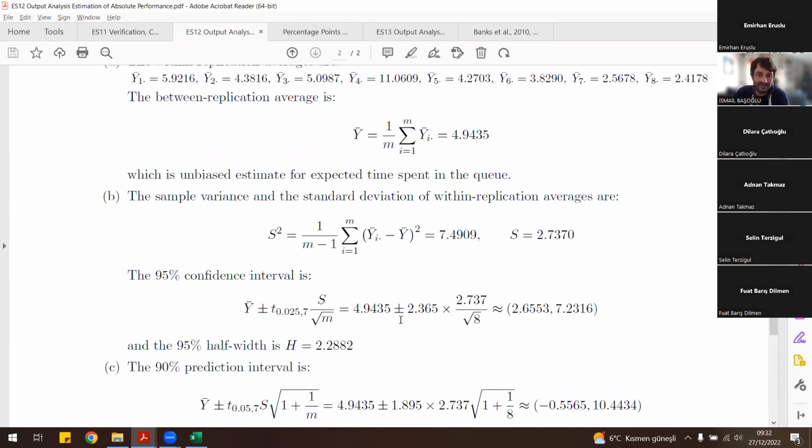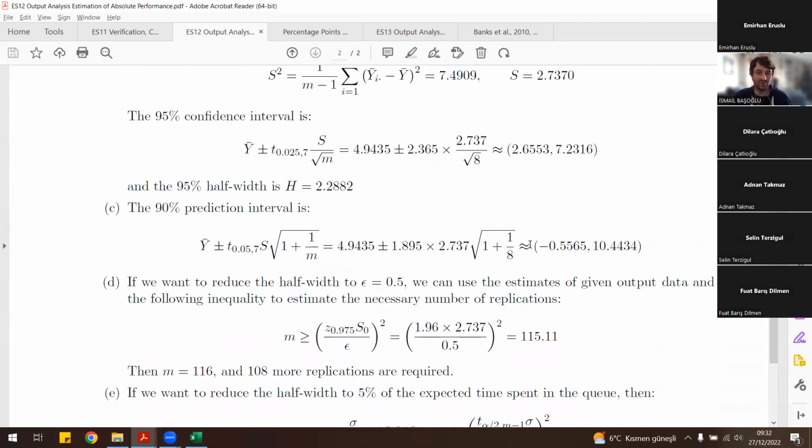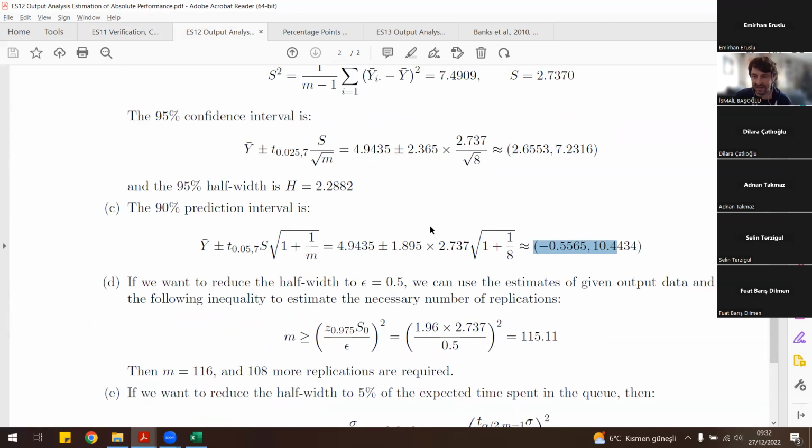Therefore, you can be assured that in the exams, most probably you are going to perform this procedure if we ask such a question. And when you perform this procedure, you will definitely get an even smaller number of replications here, not 8, but 6 or 5, and even 4. Okay, but as I have told you, such a small number of replications does not make any sense. We definitely need to increase the number of replications to get a narrower confidence interval and an even narrower prediction interval here.